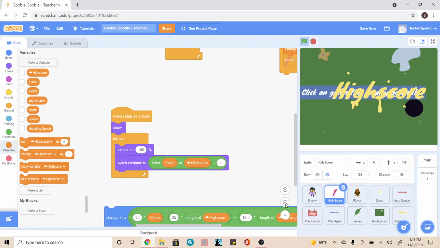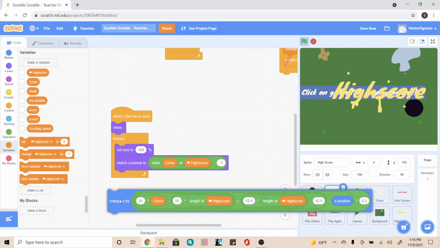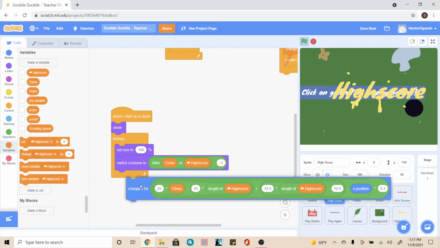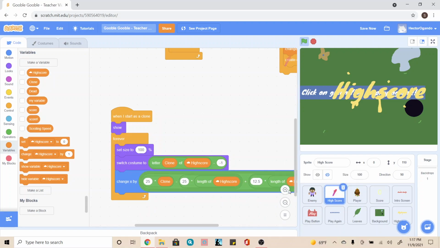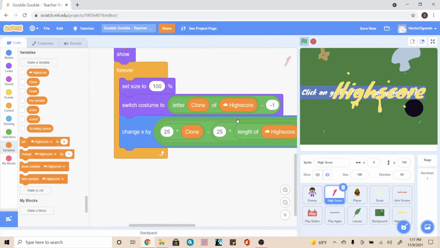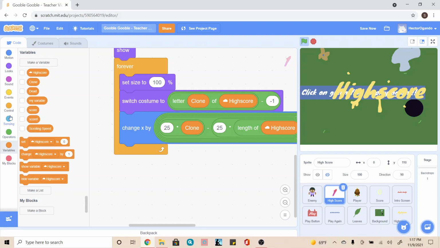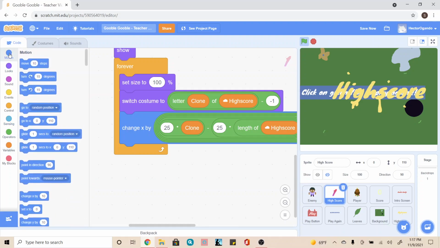After that, I'm just going to zoom out a little bit. This big block of code that was already pre-made for us, we're just going to go ahead and add it in. Next, we're going to go inside of the blue motions tab. We're going to add a change y by,